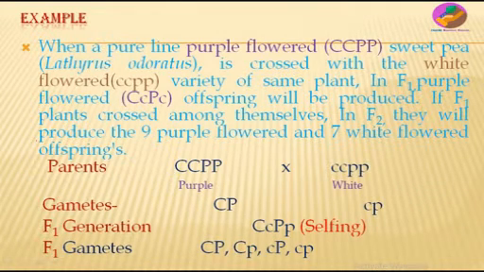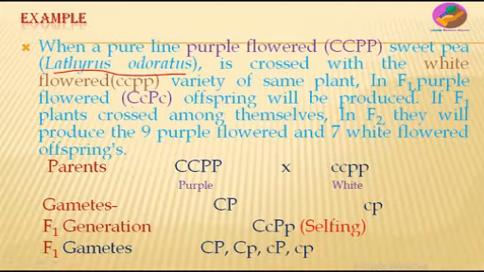You can understand it well by this example. When a pure line purple flowered sweet pea, that is capital C capital C, capital P capital P, Lathyrus odoratus, this is the plant, is crossed with the white flowered variety of the same plant, that is small c small c, small p small p,